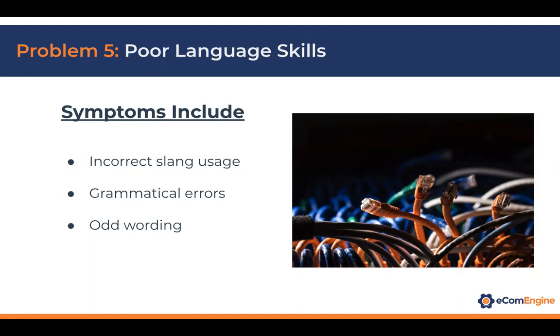grammatical errors. So there's really no excuse for making any sort of grammatical or spelling errors. There are tools that you can use like Grammarly, like Google Drive, anything like that, that has built-in grammar and spell check. And then always ask somebody to read it over as well, because those things demonstrate a lack of attention to detail, which can be really off-putting, but can also diminish the trust that you're trying to build